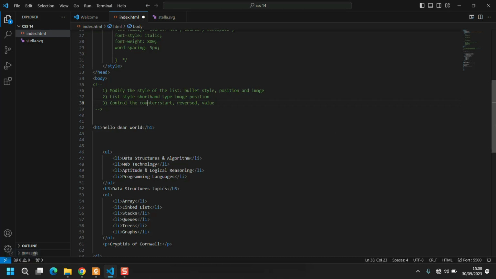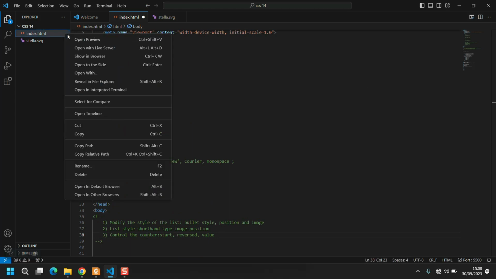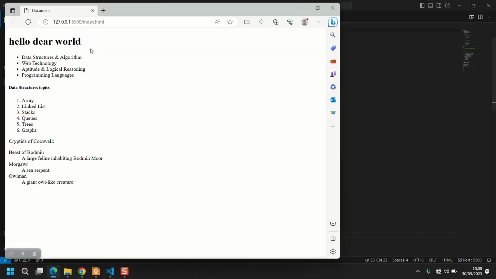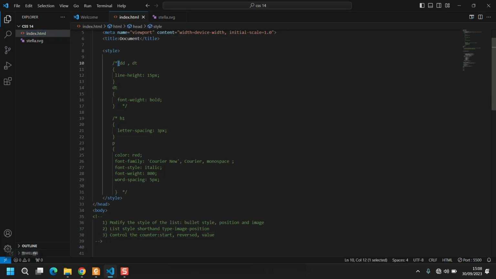Okay, let's dive in. First, let's open it on the live server so that everything is more clear. Okay, we have our lists: unordered, ordered, description list. I hope you remember and you have seen HTML. First, let's talk about the description lists. So this one